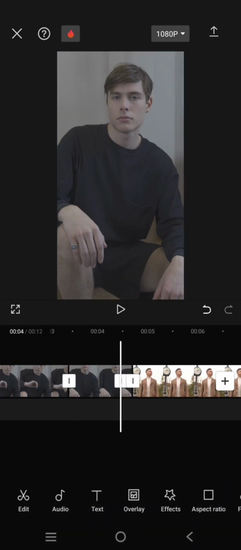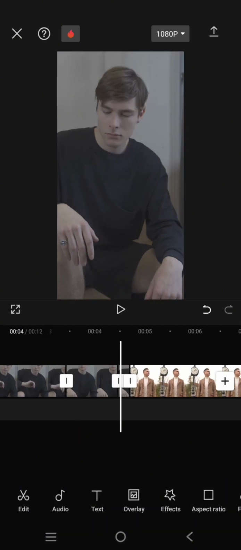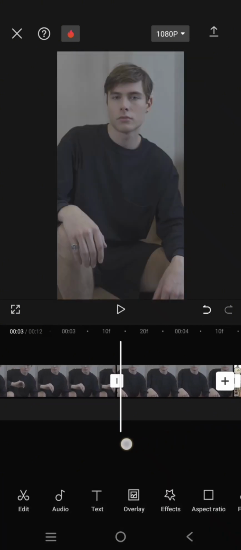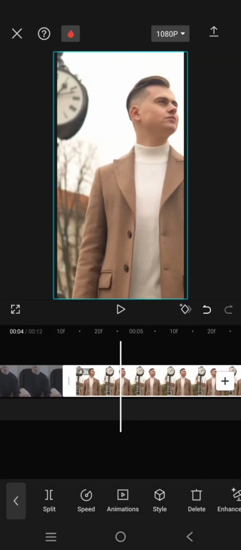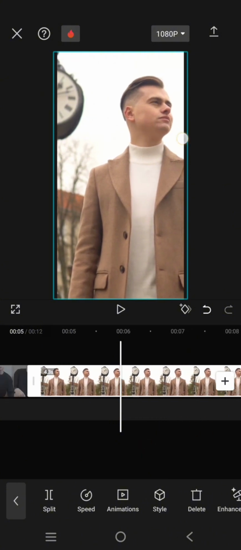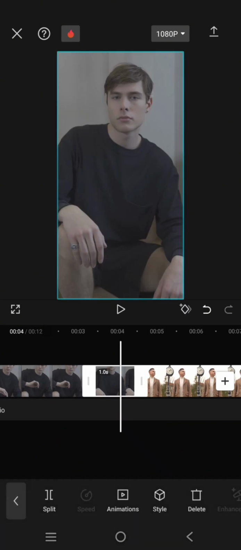I'm going to go with 1 second, and after that you can just do the same with the entire clip. So split it and trim it. Okay, so I've already split the entire clips, and after that just select the frozen frame, this one, the one